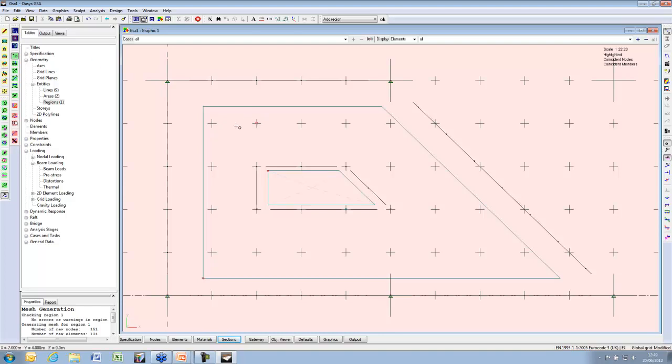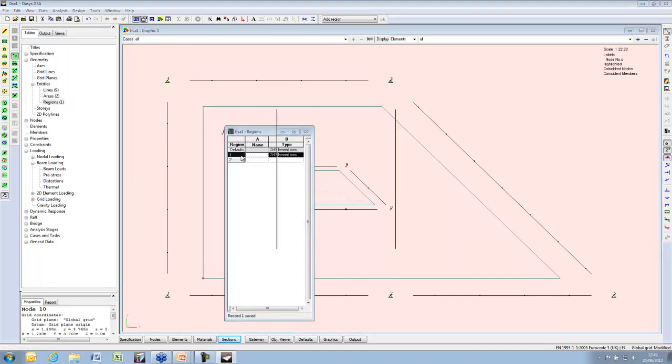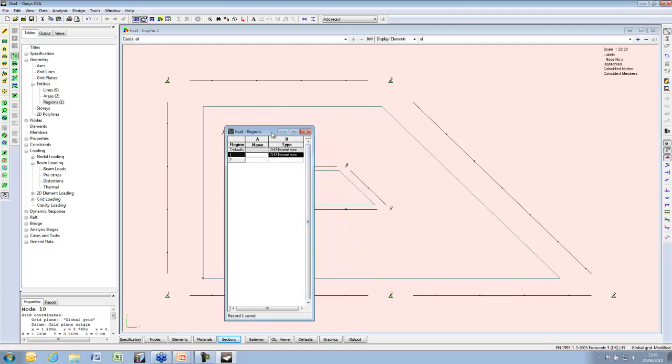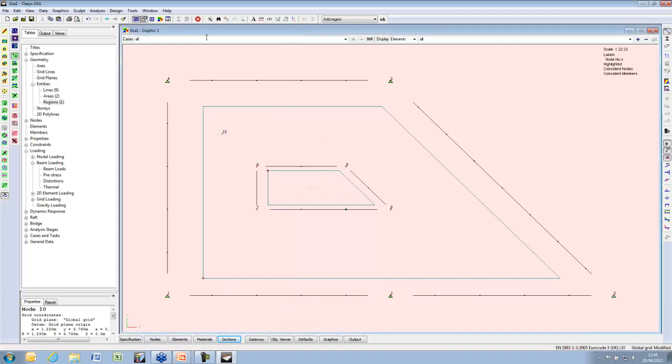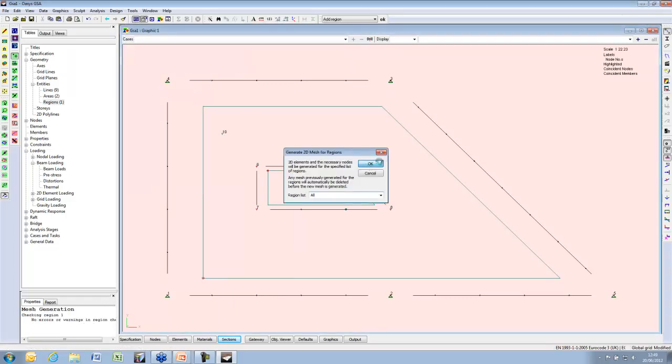I'll snap a little less so we can see it, so that there's a node there. This node is node 10. If I add node 10 into the mesh, and then generate that mesh,